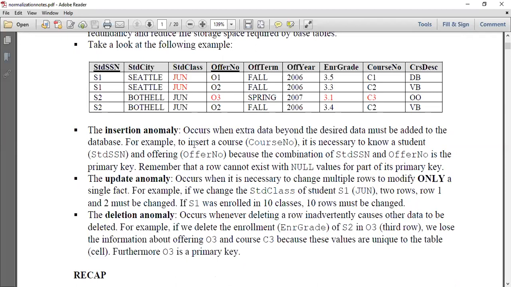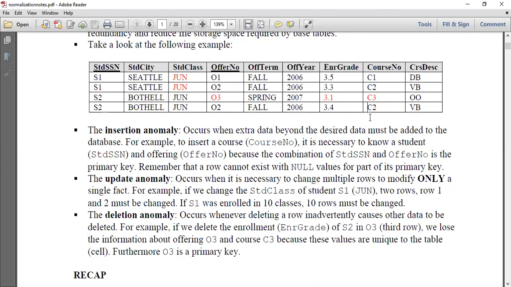For example, let's insert a new course. Where will you add the new course? For example, I want to add course 4. Student information, offer information, and course information are all added here. C1, C2, C3 are there, and I want to add a new course C4, with the description, for example, database management system.